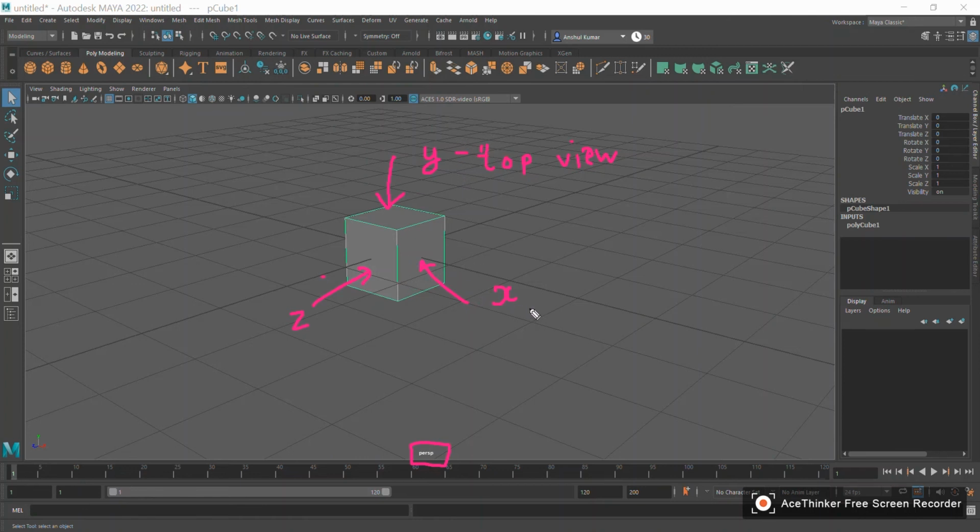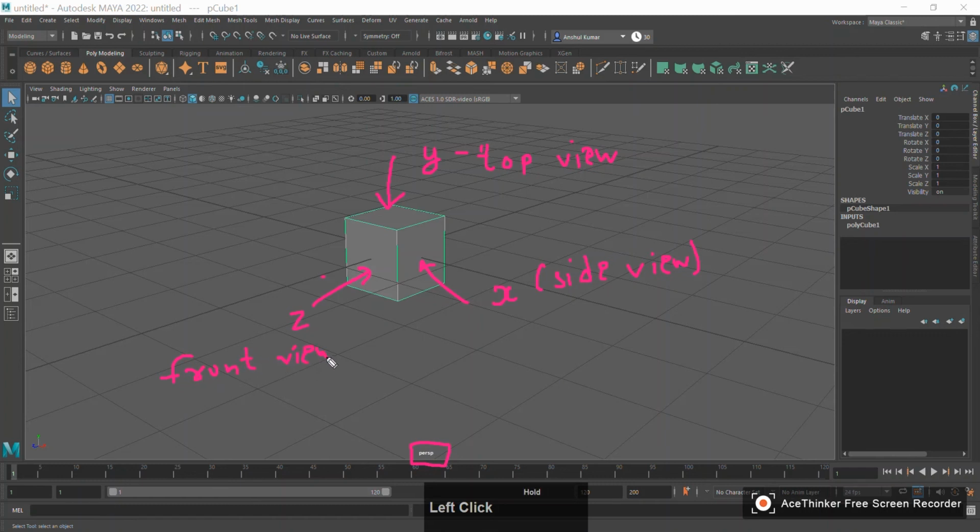When we see this model from this side, it is called side view, because we are seeing this model from one of the sides. And we generally consider the z-axis the front side. So if you see from this side, this view will be called front view.